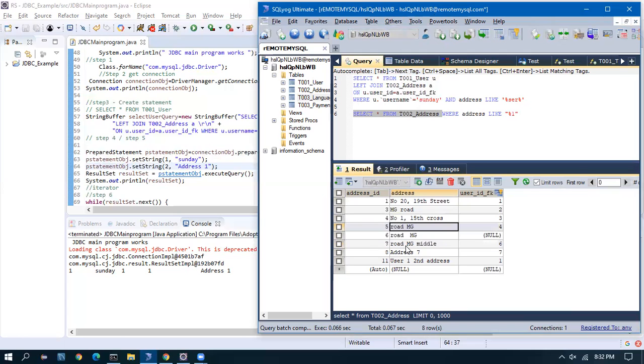Okay, so we have these things. Now I want to fetch a record which is having an exact match. I want to find out the road MG. In that case, let me see, first I saved this. Yes, saved. So address equal to, so this will be an exact match.